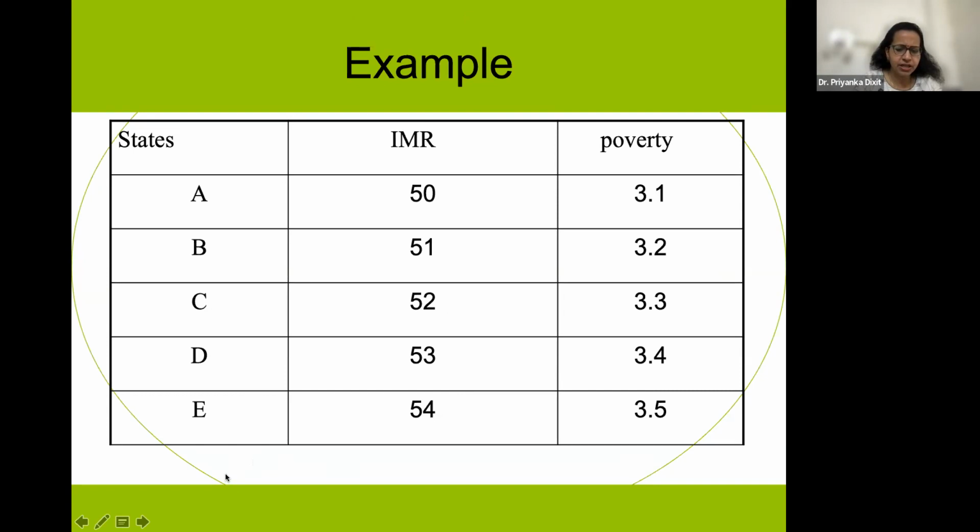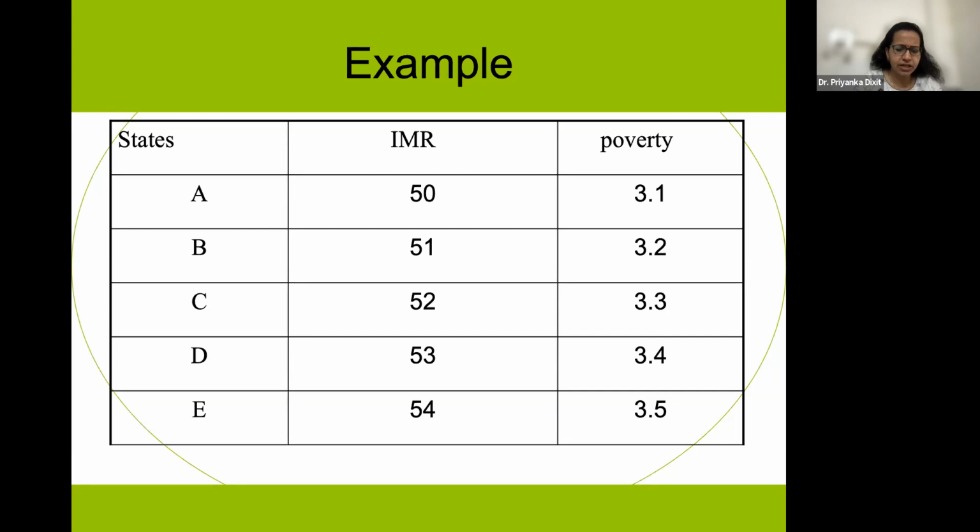So linear regression: y is equal to A plus BX. This is the formula. Now what is y? Y is your outcome variable. Outcome variable can be blood pressure, it can be height, it can be how many marks you obtain in statistics. Y can be any outcome variable which is measured in linear form.